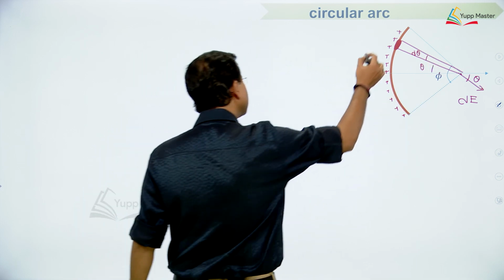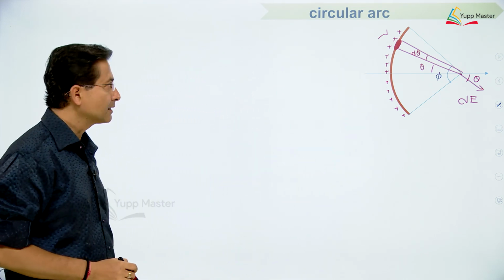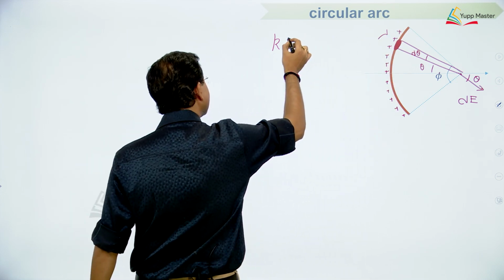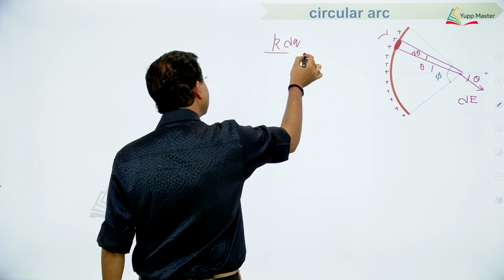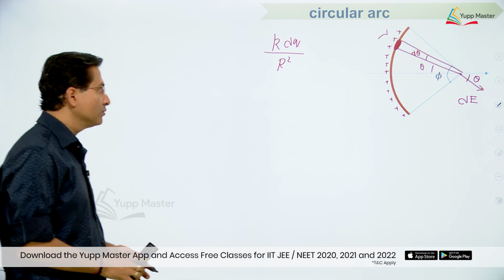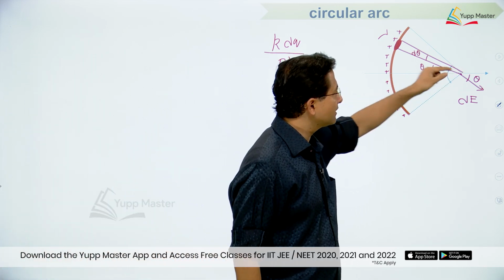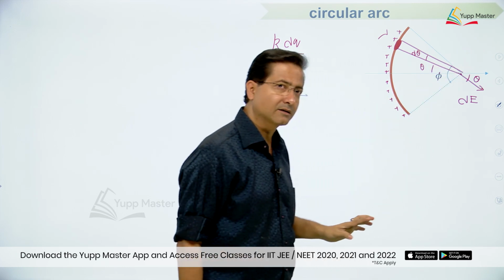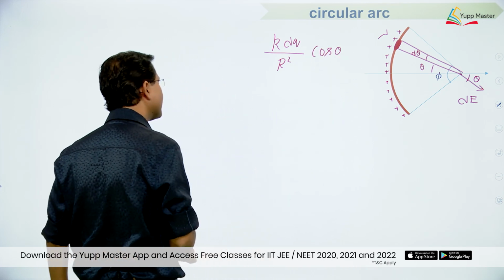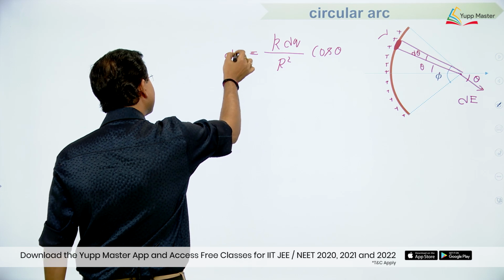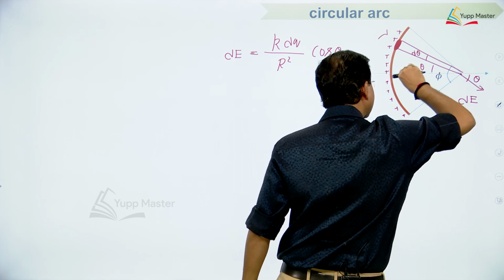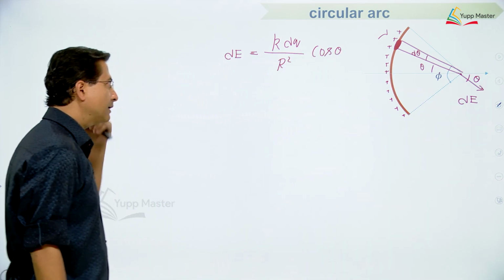So if the linear charge density is lambda, then the formula is K times the charge of this element divided by capital R square, right. And of course we have to resolve the component because the field is changing direction. If you take an element somewhere here, that will produce a field in this direction, right. So into cos theta, right. So this will give me the component along the bisector of the ring, right.